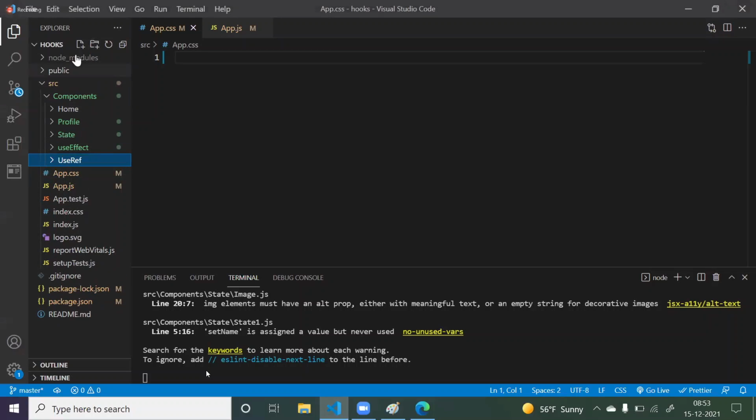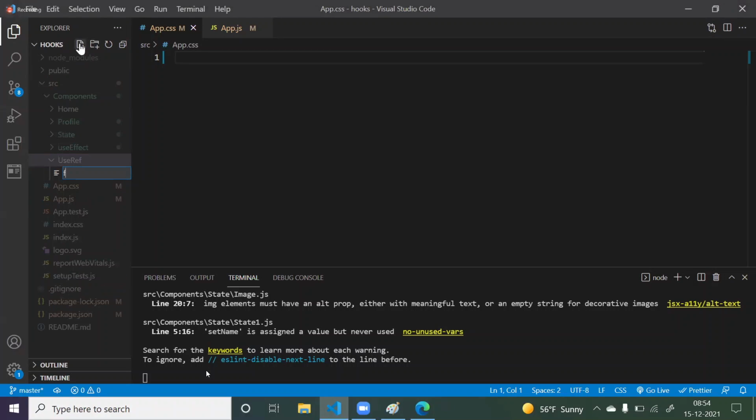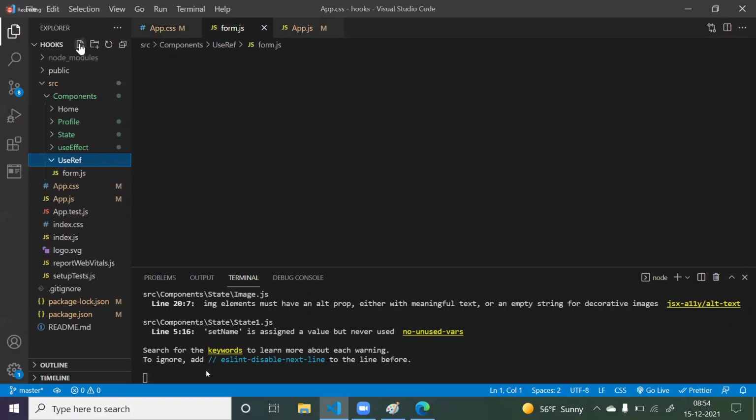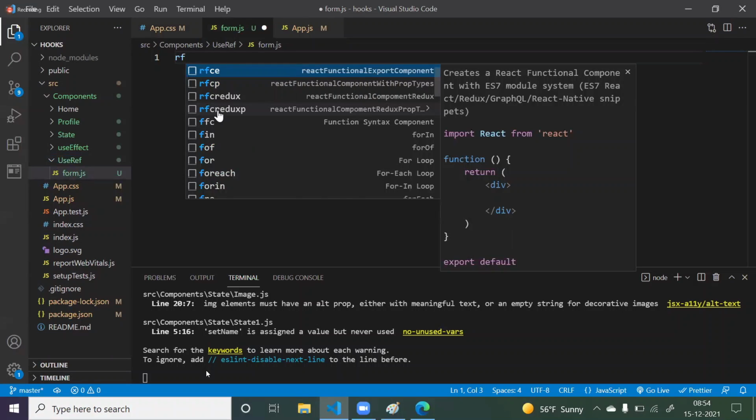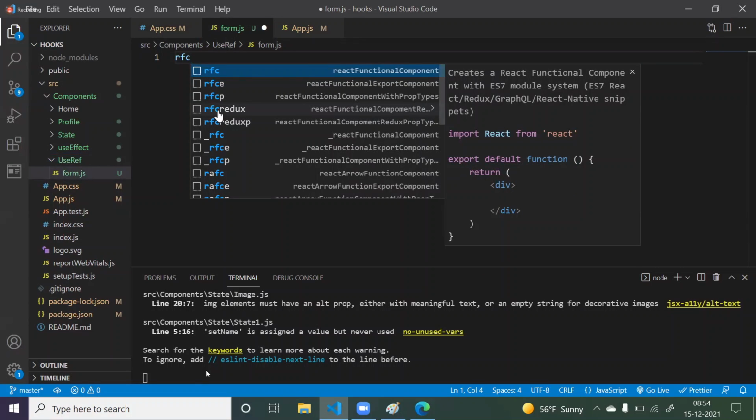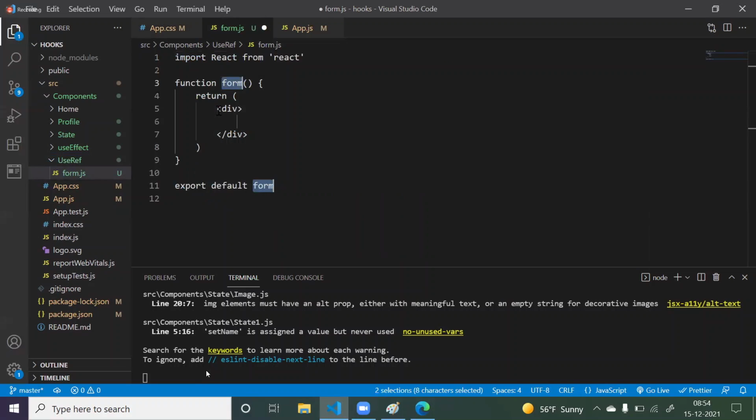I created a folder useRef, and in that I'm creating a file called Form.js. For the shortcut, just type RFCE and press tab. Now you got this shortcut.